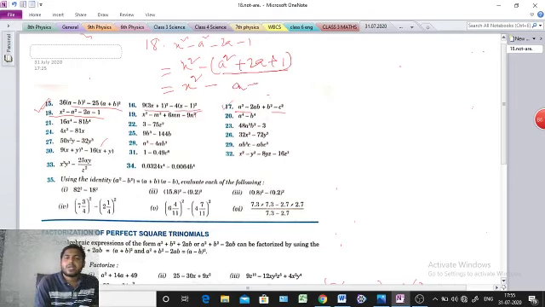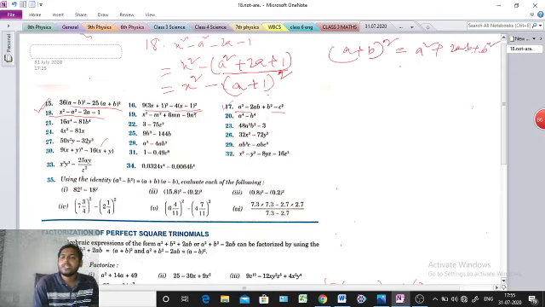A plus b whole square formula. Here b means 1. Actually, our one formula is there, I told you: a plus b whole square means a square plus 2ab plus b square. So if we put b as 1, just instead of b put 1, so we'll get a square plus 2a into 1 plus 1. That's why we are getting a square plus 2a plus 1.